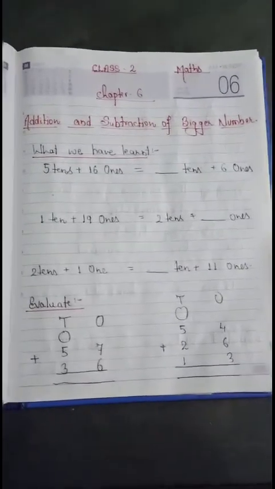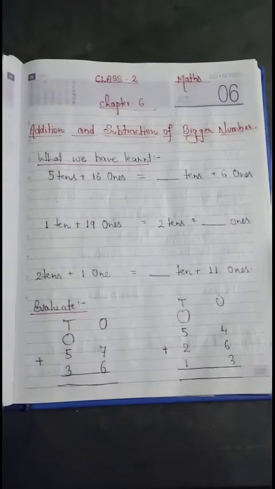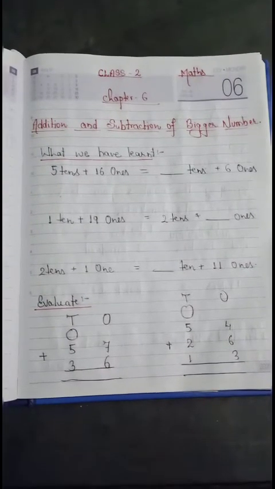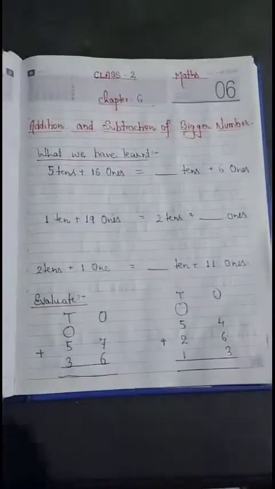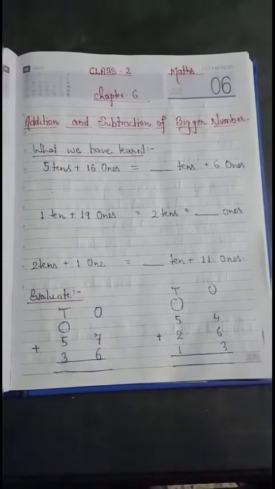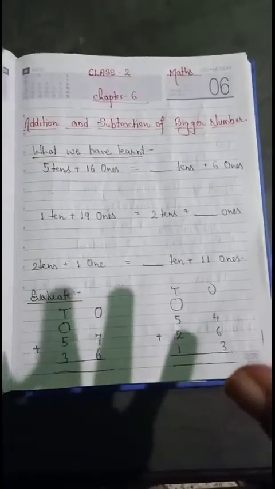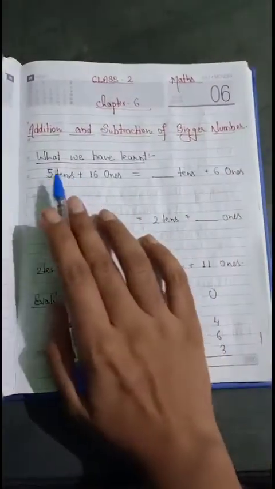Before starting that, we are going to recall some previous questions that we have discussed in the earlier exercises. So in the first question, fill in the blanks. You have to do regrouping. You know what is regrouping? Regrouping means rearranging some groups in place value. So here, fill in the blanks.